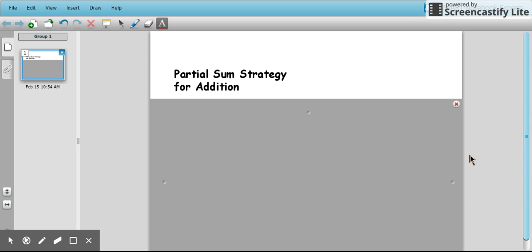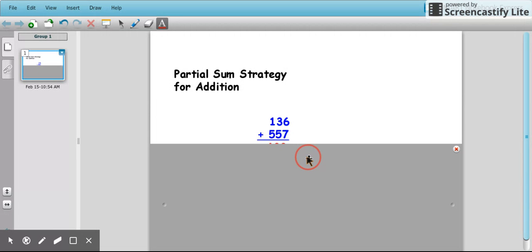I want to talk to you about the partial sum strategy for addition. For the partial sum strategy, we're going to start by looking at 136 plus 557. It doesn't matter if the numbers are vertically written or horizontally written. Either way is fine. But what we're going to do is add the place value,